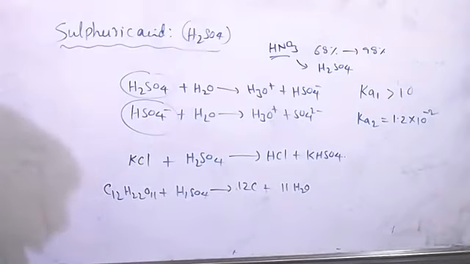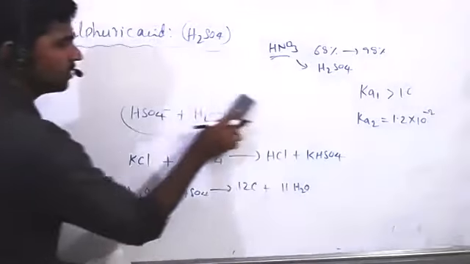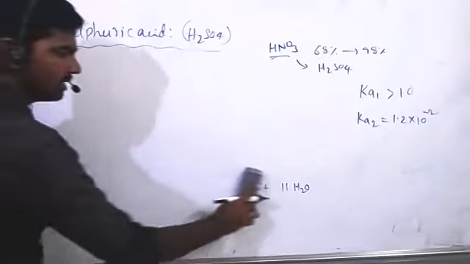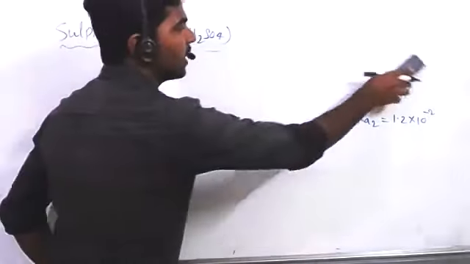Next, hot concentrated sulfuric acid is a moderately strong oxidizing agent. In this respect, it is intermediate between phosphoric and nitric acid. Both metals and non-metals are oxidized by concentrated sulfuric acid, which is reduced to SO2. So H2SO4 is acting as an oxidizing agent. Compared to nitric acid it has less oxidizing nature, and compared to phosphoric acid it has higher oxidizing nature.